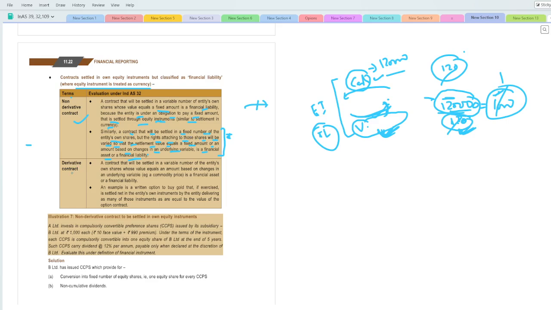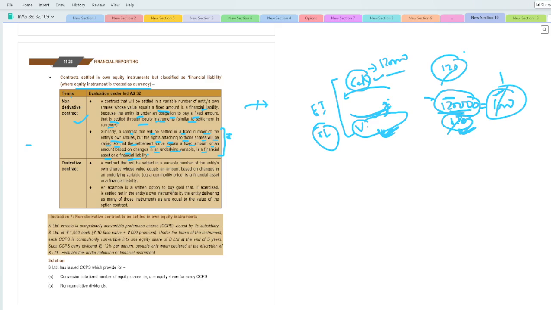Okay, the derivative contract, a contract that will be settled in a variable number of the entity's own shares whose value equals an amount based on the changes in the underlying variable, is a financial asset or a financial liability. उसका यहाँ पे एग्जांपल दे रखा है कि ये क्या, इसका क्या मतलब बोलना चाह रहा है वो।